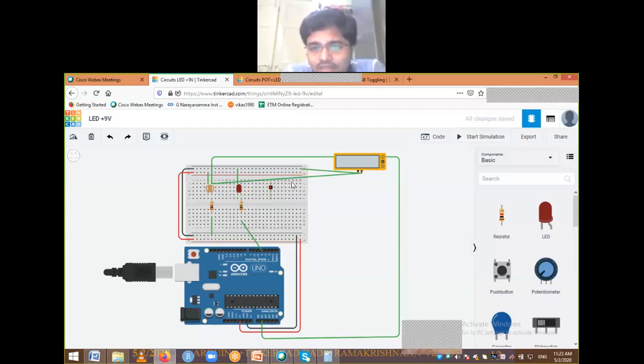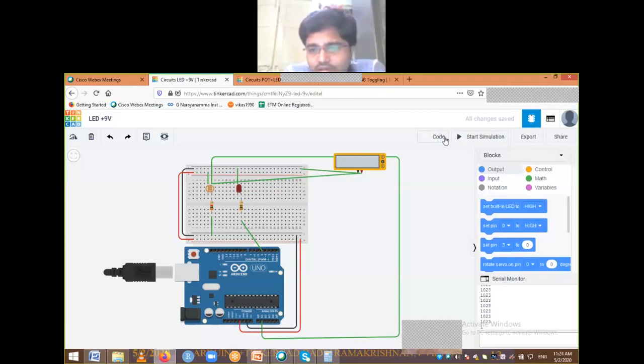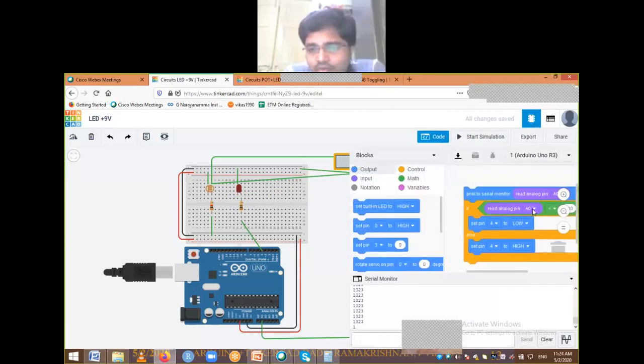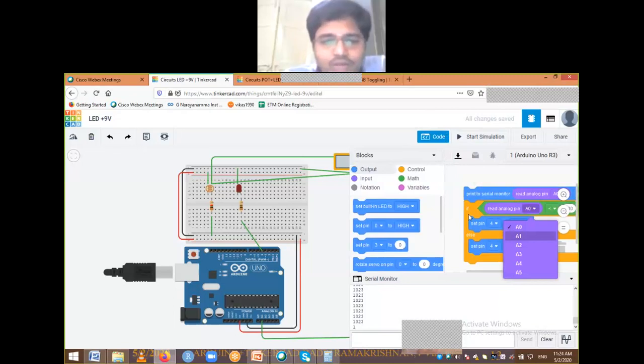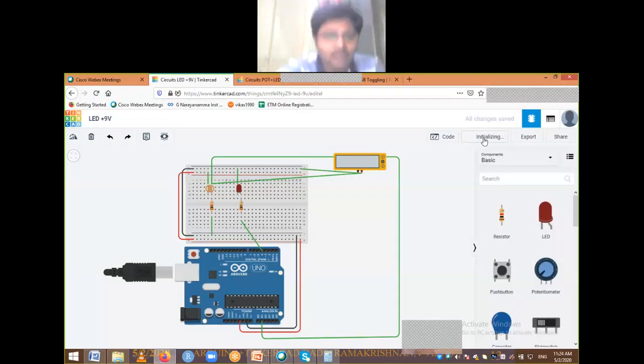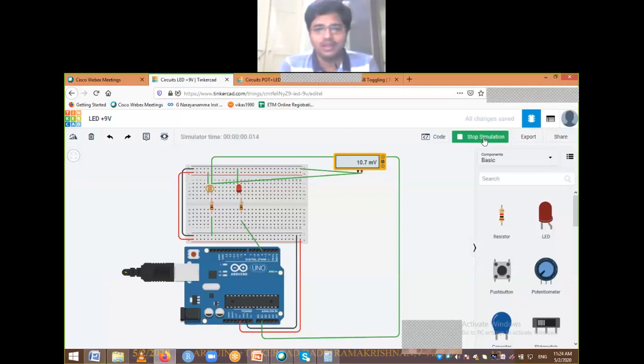Let me see what code I have at present. We are writing the code for A1, but for the LED part I don't want to do anything as of now. Let me just see what voltages we are getting for the LDR. I'll start simulating. Maybe you have a doubt about how I will make light fall on this LDR. That is another beauty of Tinkercad. In simulation you won't normally be able to make light fall on an LDR easily, but in Tinkercad we have that flexibility.